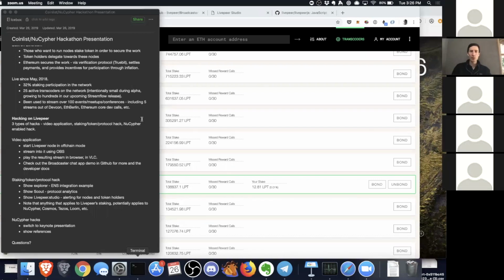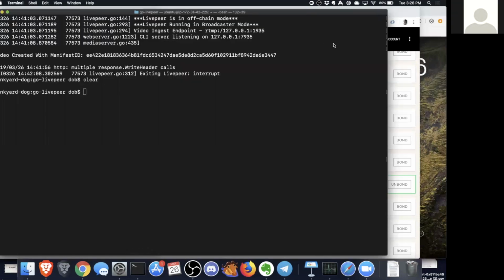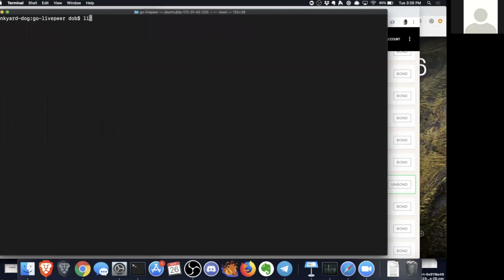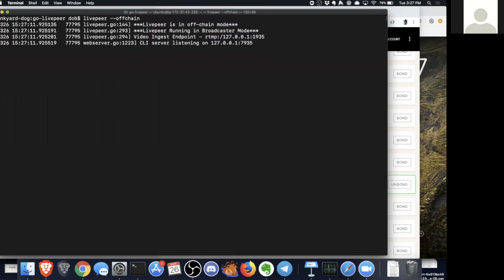So first of all, I want to do a quick demo of how you might build a video application using Livepeer. I'm going to do the quick version of this because we have lots of documentation. We're available in the chat room to help out. But the first thing you would do is download the Livepeer node. Once you have that, you just start it by typing livepeer, and you choose your network. I'm going to use off-chain mode just because it's going to save bandwidth and be more reliable for this demo. So this is just going to run locally rather than connect to the network.